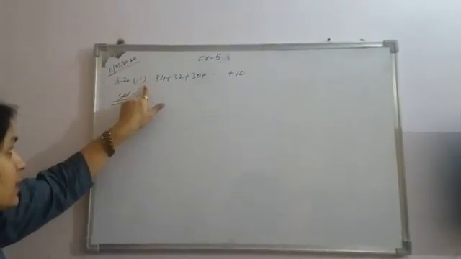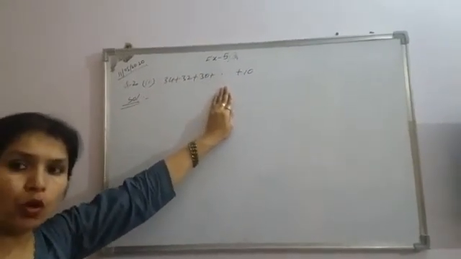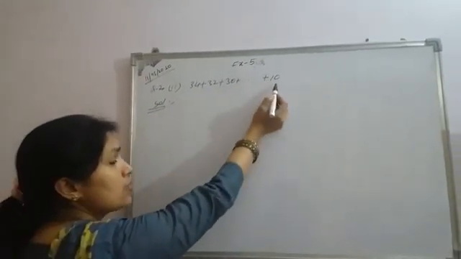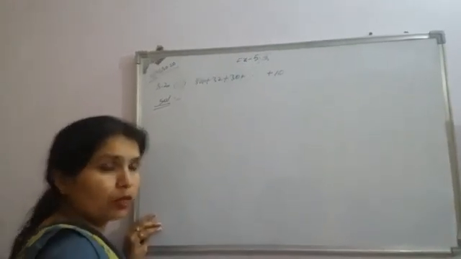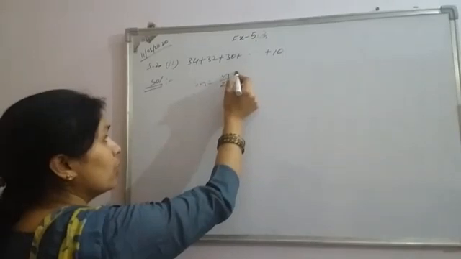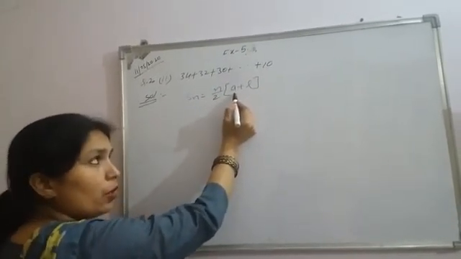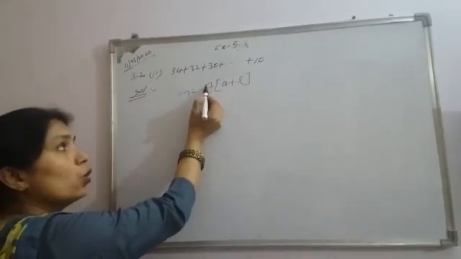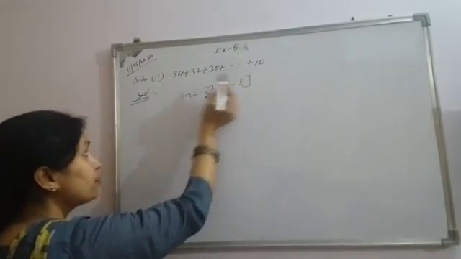Question number second part. Now these numbers are given to us, but we don't know how many numbers are there. First term is 34 and last term is 10. First and last term, these two values are given to us. Then we know that for that we have a formula n by 2 into a plus l. Value of a is given to us, value of l is also given to us, but n is an unknown quantity for us. We want to find out the value of n in this AP.